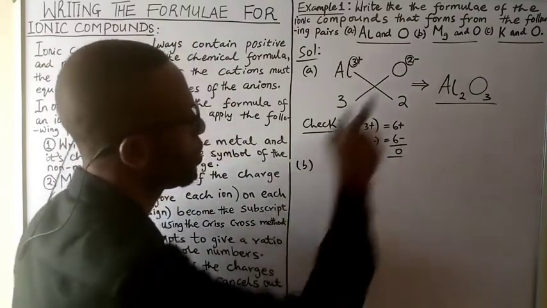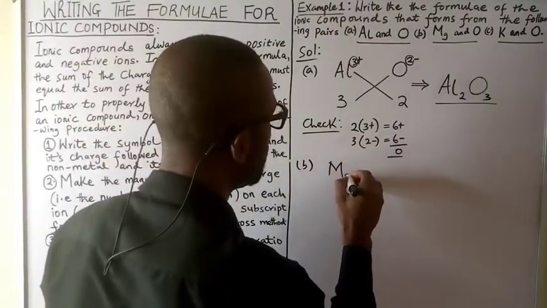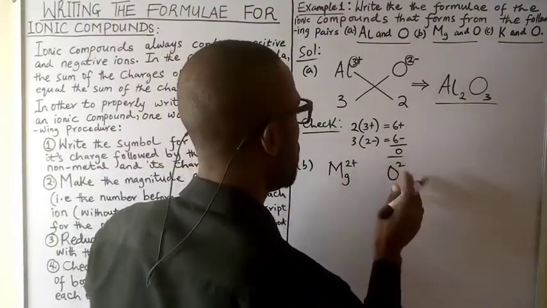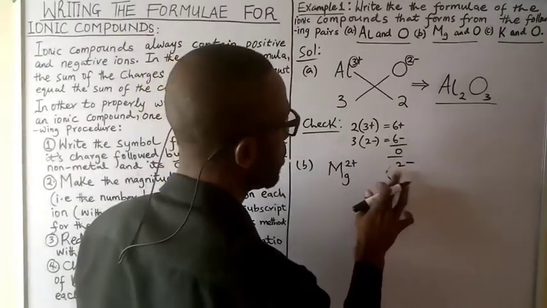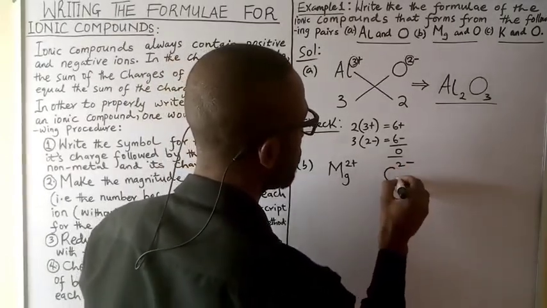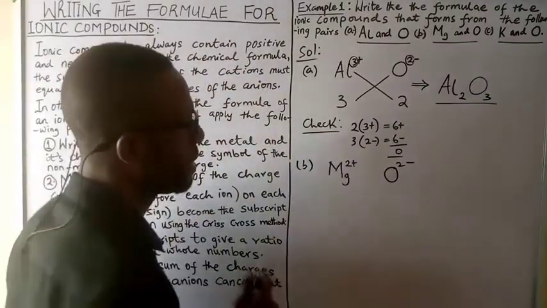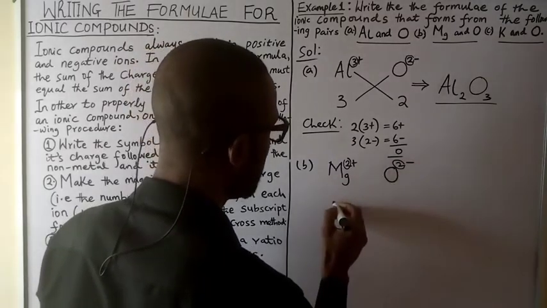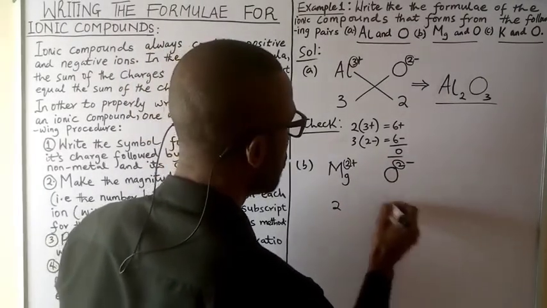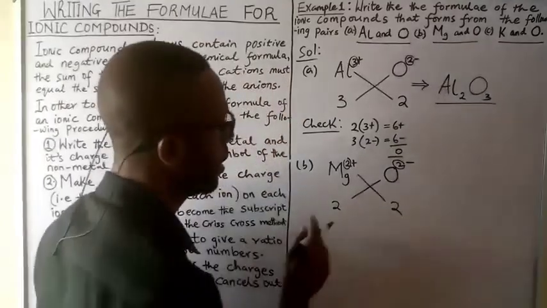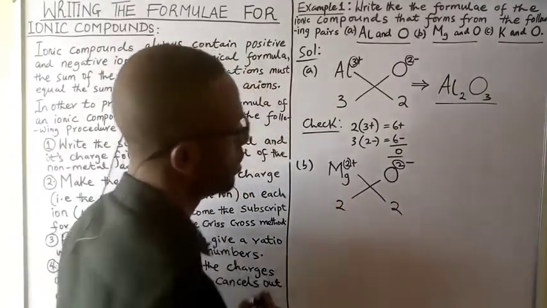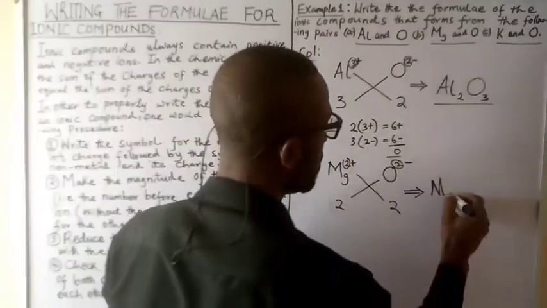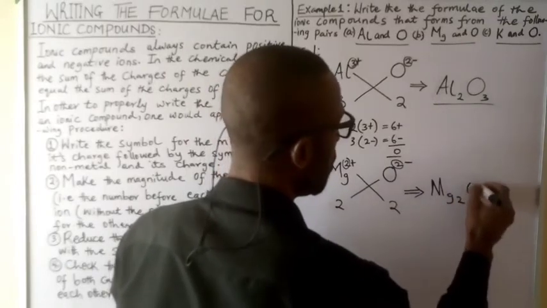So the next one, of course, is between what? Magnesium. We'll always want to give out 2 electrons, Mg2+, and oxygen is 2 minus. Oxygen will always be 2 minus because it will want to gain 2 electrons. You follow the same pattern. The magnitude here is 2, the magnitude here is 2. So you bring down this magnitude 2, bring down this magnitude 2. Use the crisscross pattern. As we said, the crisscross pattern will help us to do that. And when we do it, ultimately you see that Mg is 2 and O is equally 2.